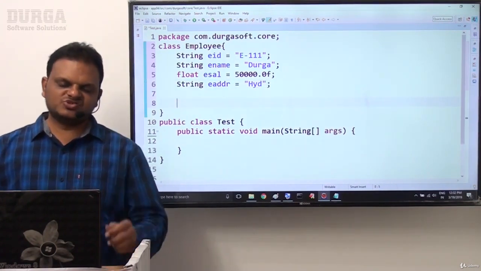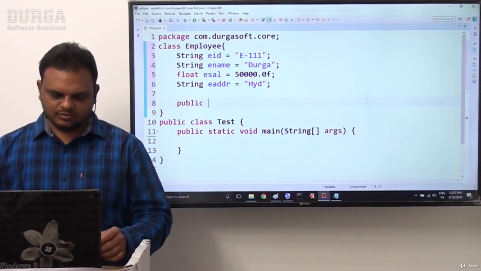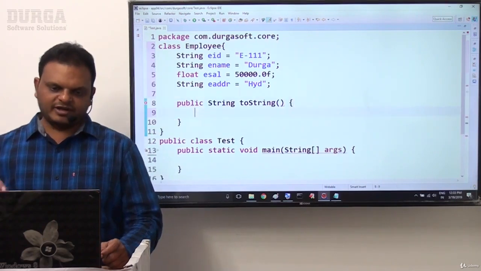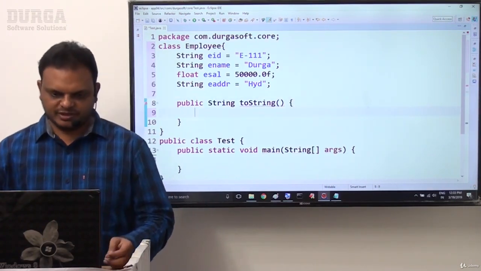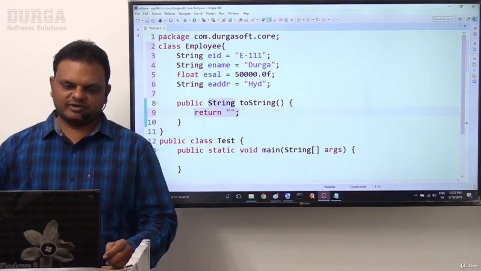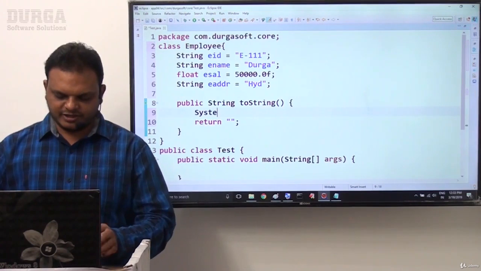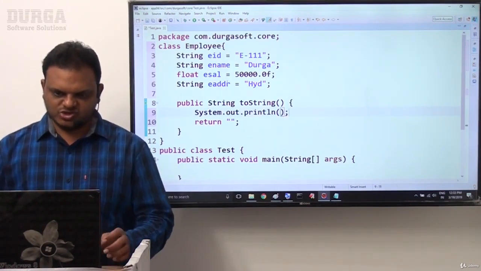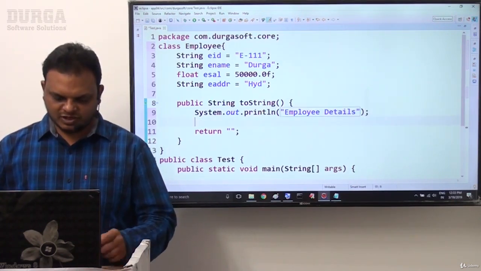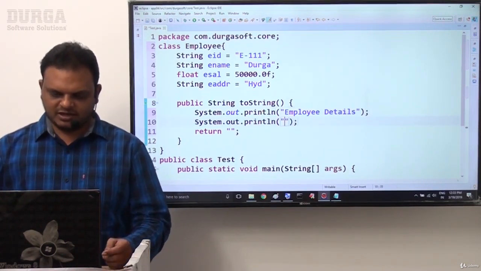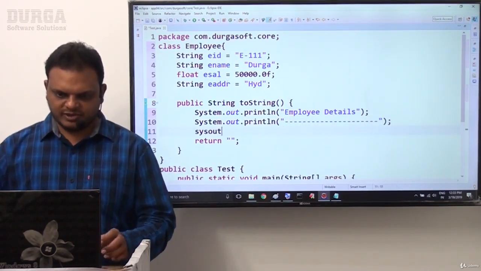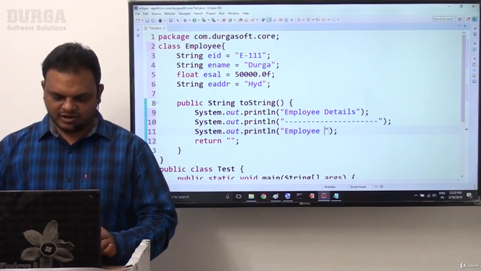Now I want to display these details. Then what we have to do? Simply I will go for the public String toString method. I have overridden that Object class toString method here. For namesake, I want to return just open and close quotes. But before this return statement, I want to display all the employee details here. Now here we need to use System.out.println of employee details. Next is System.out.println of one line space. Then after that, System.out.println of first we have to provide employee ID,